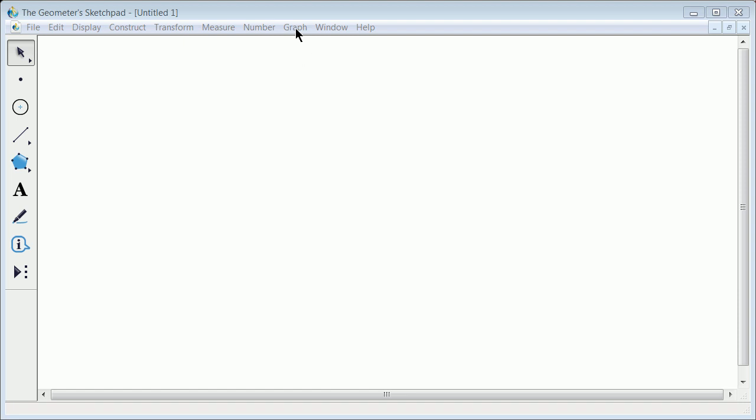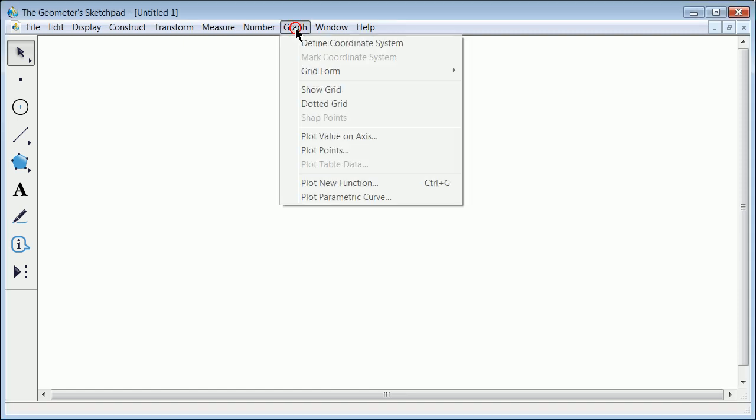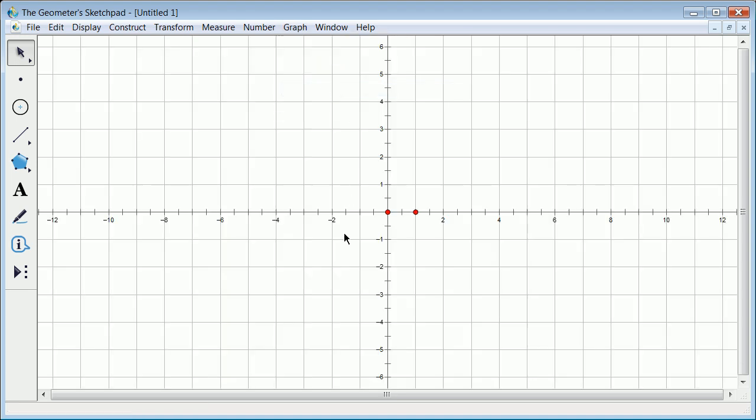So what we're going to do here is a real quick demo and see how geometric constraints might work in this program. I'm going to right away click on grid, and I'm going to show the grid here, and I'll show you